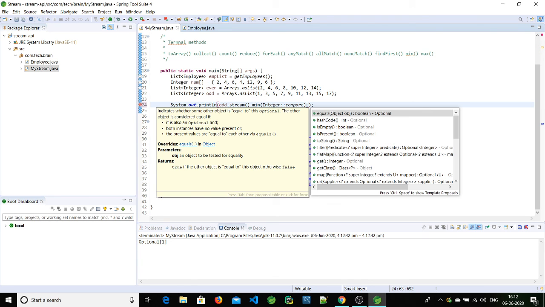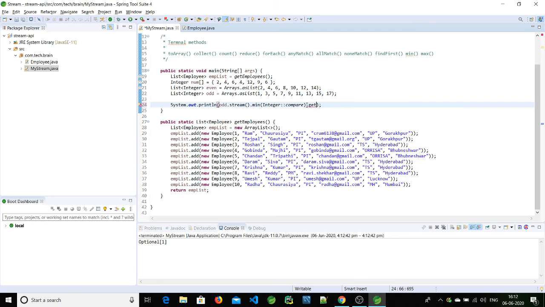So on that we call the get method to get the value. Now it gives the minimum value. The minimum value is 1 for this odd list. And if we talk about maximum, it is a similar thing for max also. Now it will give the maximum value, that is 17. Here we are able to see 17.